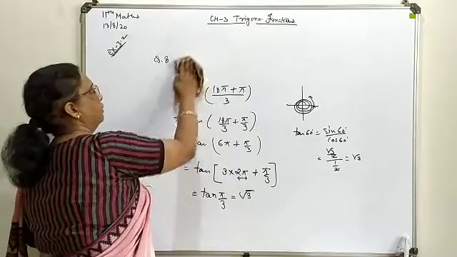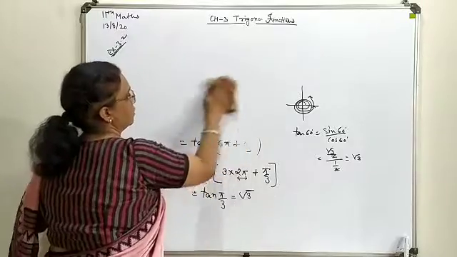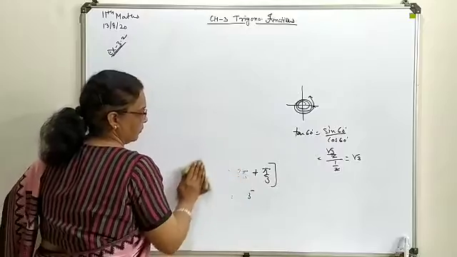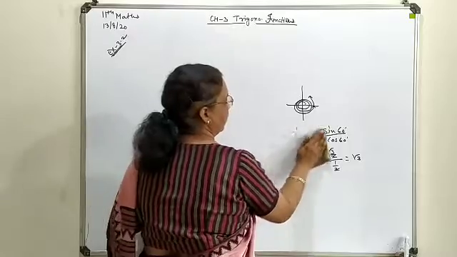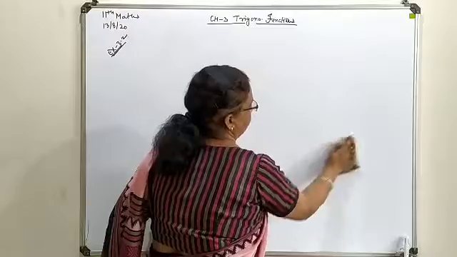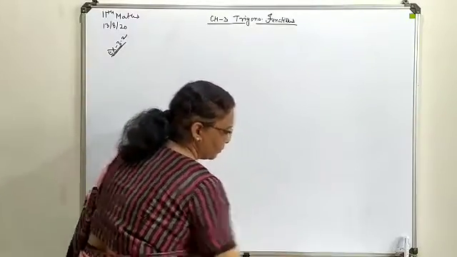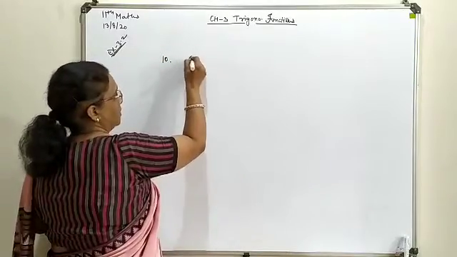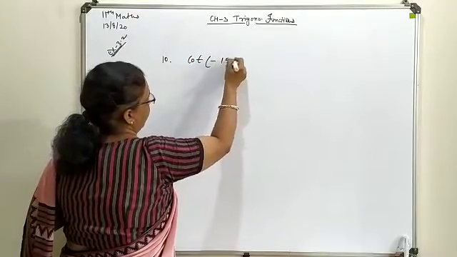Yesterday I discussed one form with you, that is sin minus x, cos minus x, like that. In the next question the same thing is going to be implemented. When one concept is clear, it can be implemented anywhere, no matter whether you discussed it first or not. The knowledge you have regarding the application of a formula or a sign form, you can implement anywhere. It is not restricted to any particular question or form. Now this is your cot of minus 15 pi by 4.